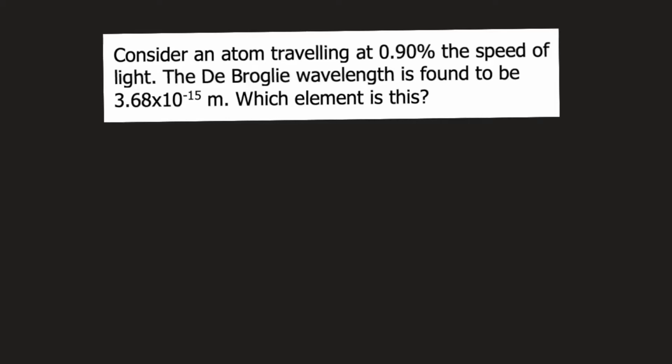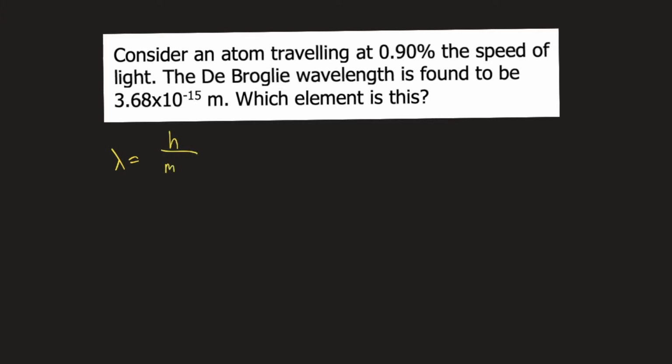Consider an atom traveling at 0.90% the speed of light. The de Broglie wavelength is found to be 3.68 times 10 to the negative 15 meters. Which element is this? We know that the formula for calculating the de Broglie wavelength is lambda is equal to